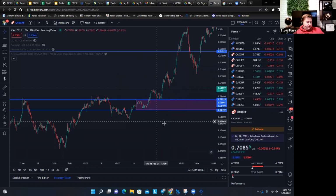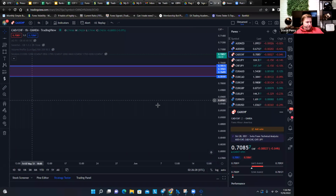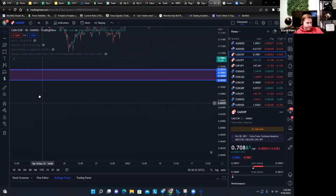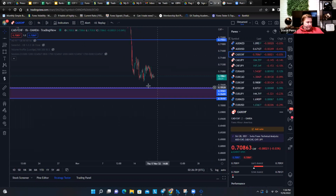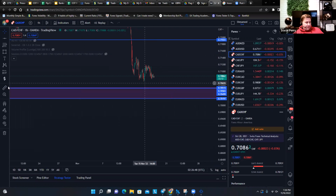Okay. So now, since I've drawn it out, that this is the area, we fast forward to where we're trading today. It's pretty far. Here it is. Since we know that's the imbalance right here, if it drops 35 pips, I'm going to execute a buy and look for the market to rally from there. Now, if it comes into here,